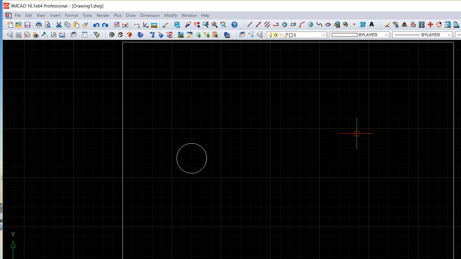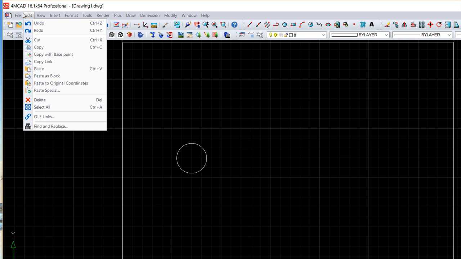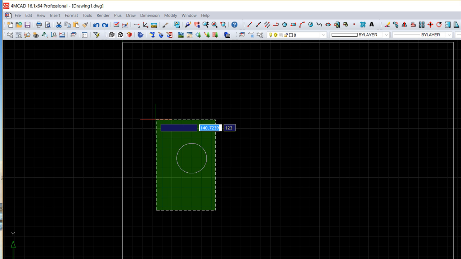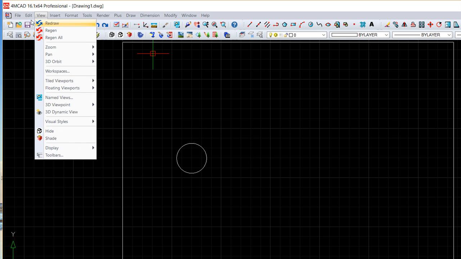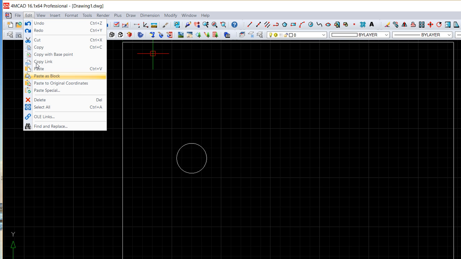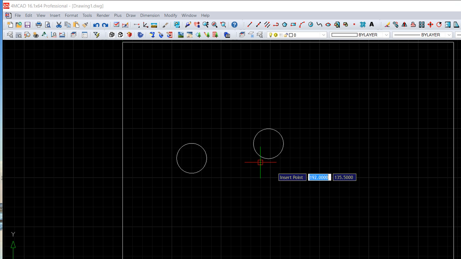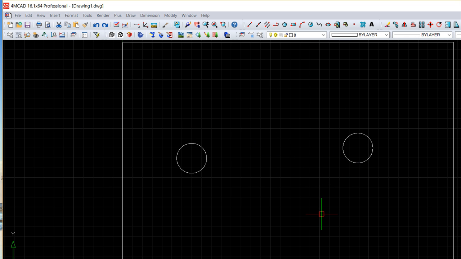We can talk about the copy of items between drawings. So we can use the clipboard to cut or copy entities. We can do this through the edit command, do a copy, and select the entities. Now I can be in another drawing, or I can copy to this one to be easier. So I can go with the edit, just paste, or as block, or with the original coordinates. So just paste, and you see I get my entities again, in this case in this drawing, but because they were copied to the clipboard, you can access them